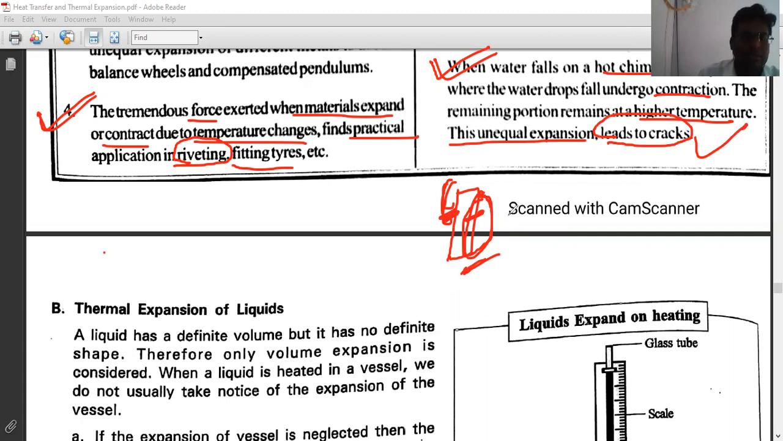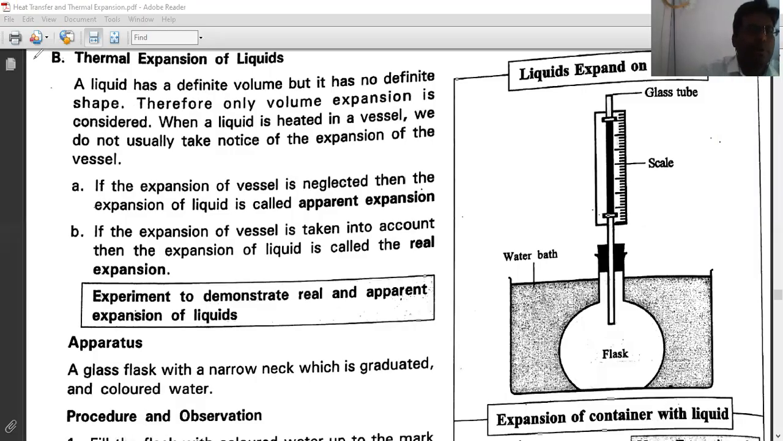So read once, then I will explain the next topic, thermal expansion of liquid. Now look at the next point, thermal expansion of liquid. A liquid has a definite volume, but it has no definite shape, right? So it takes the shape of the vessel in which it is kept. Therefore only volume